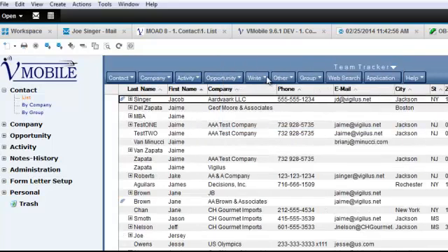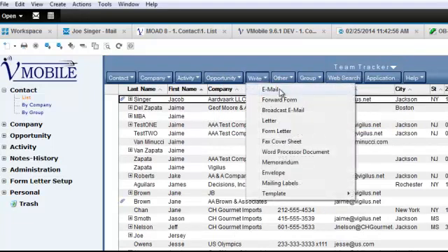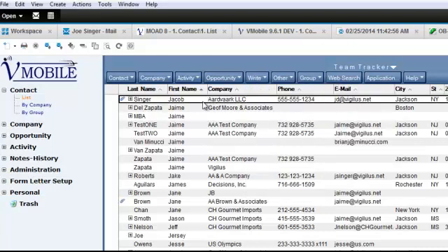If I wanted to send Jacob an email, I can send him an email, and it will go out. If I'm an Outlook user, it'll go out through Outlook. If I'm an IBM Notes user, it'll go out through IBM Notes. If somebody emails me back, whether I'm on the Outlook email system or the IBM Notes system, I have the